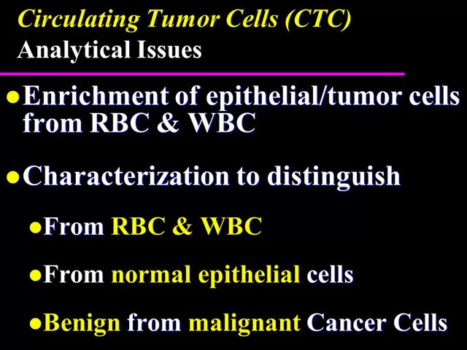The first representation of a circulating tumor cell that I know of was in 1857 by a pathologist named Ashworth, who during a post-mortem just did a smear of blood from the deceased patient and found cells and drew pictures of them. I'm not going to show you the picture, but they absolutely look like cancer cells. But it's taken 150 years or so to actually translate that into a usable assay that we can utilize in